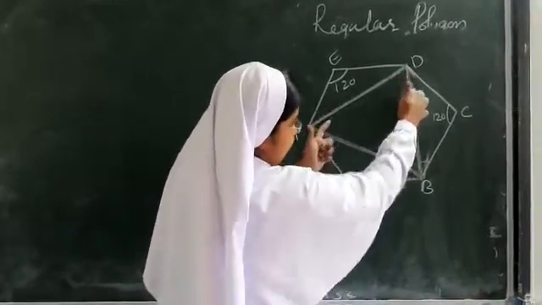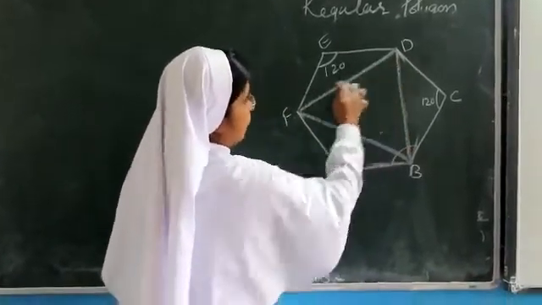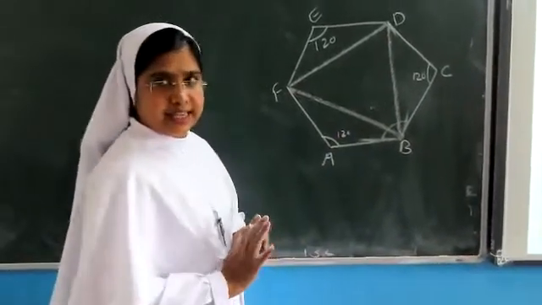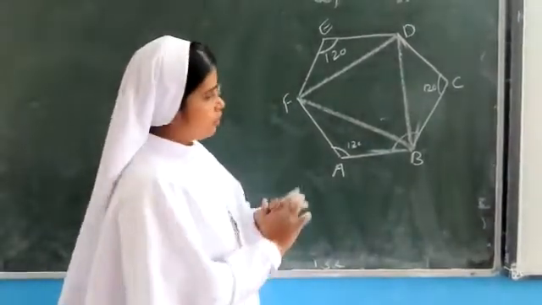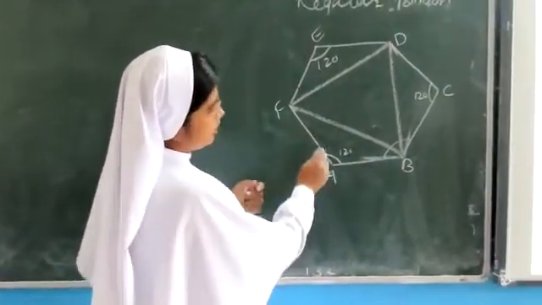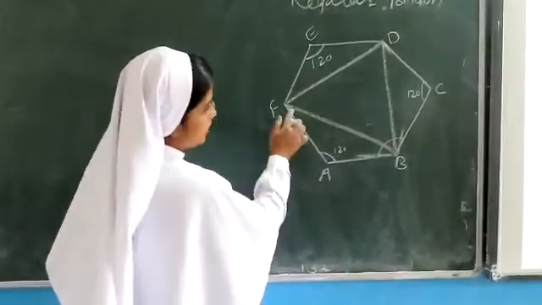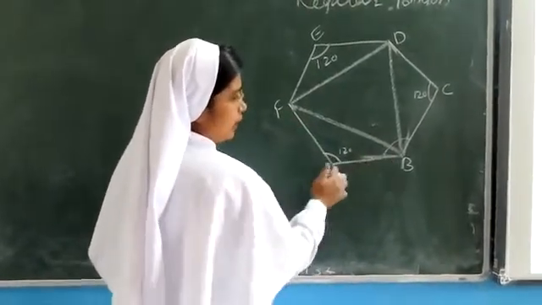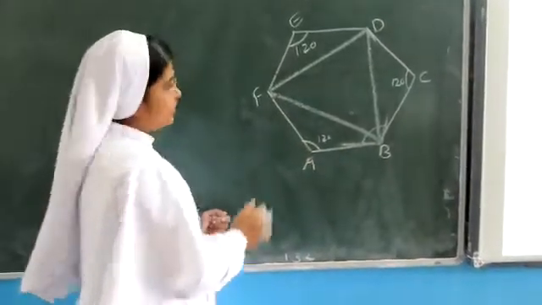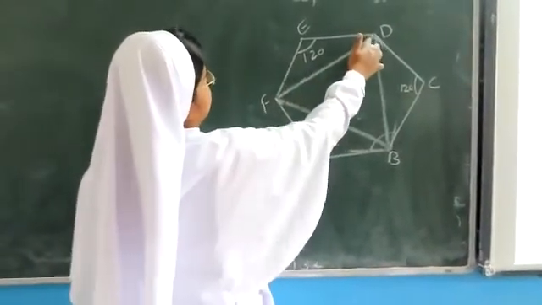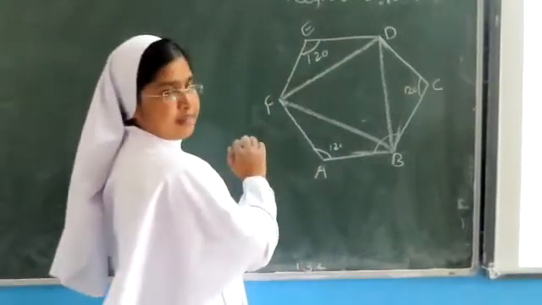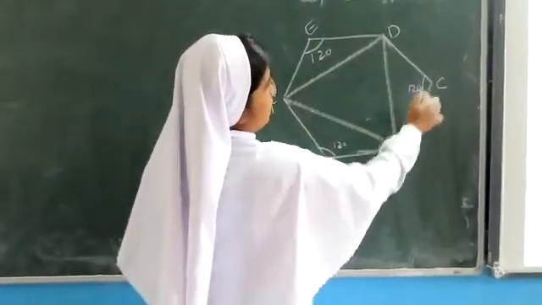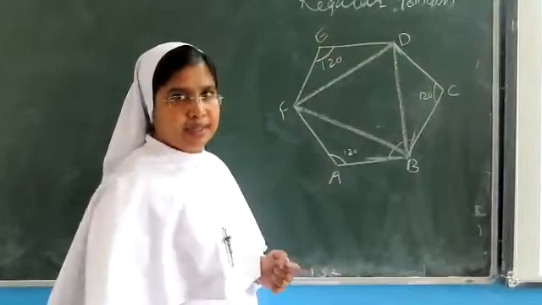Now this is the triangle BDF. This is an equilateral triangle we have to prove. But just look at this figure. There are so many other triangles also. This is a triangle, right? Triangle AFB or ABF is a triangle, right? Here DEF is a triangle. Here also there is a triangle, BCD is a triangle.